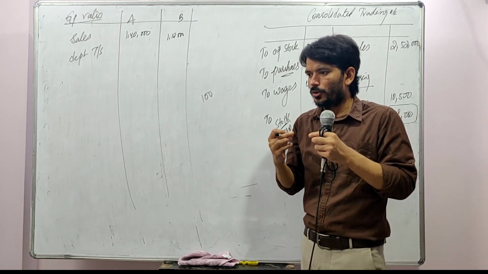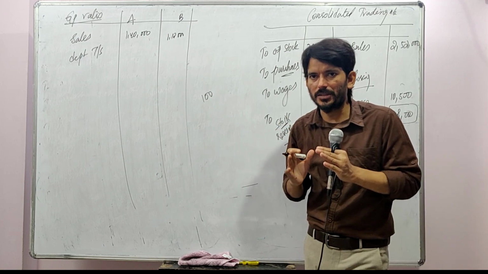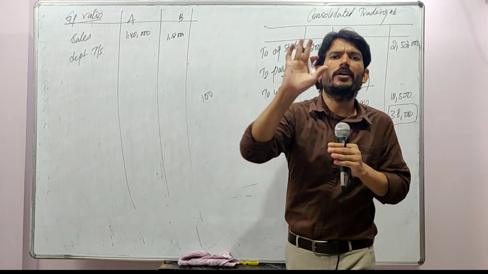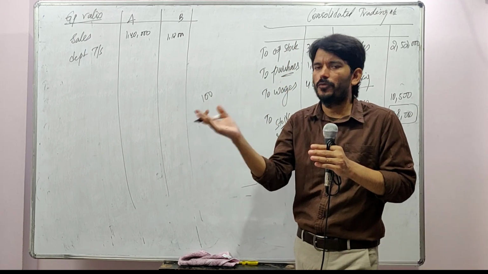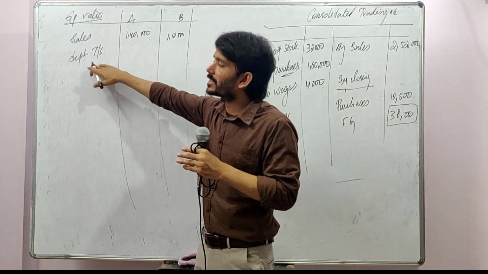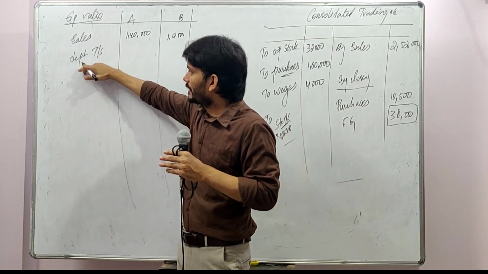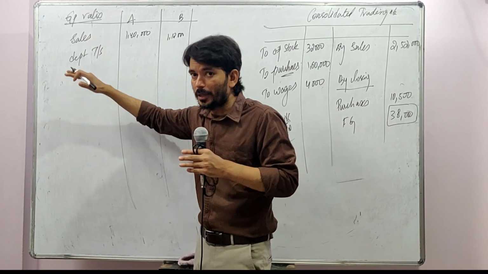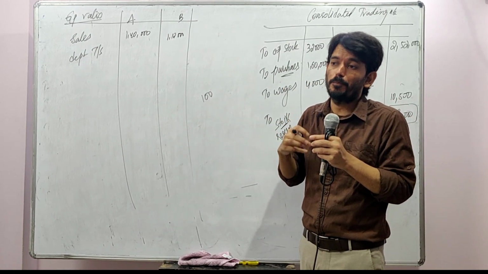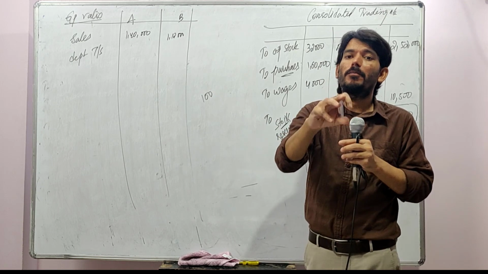Understanding? To manufacture a product, I am incurring 100 rupees. I am selling in my open market at 120. I am selling it to you at 120. So there is no difference, right? To both I am selling at 120. So I am just adding both the sales. This is the open market sale. This is a departmental transfers. And departmental transfers also, when I am transferring my own product, I am selling at market price.